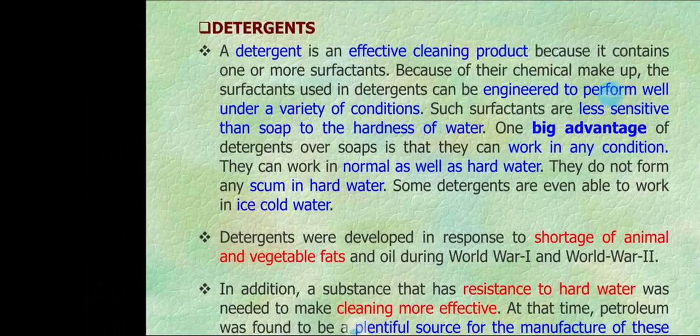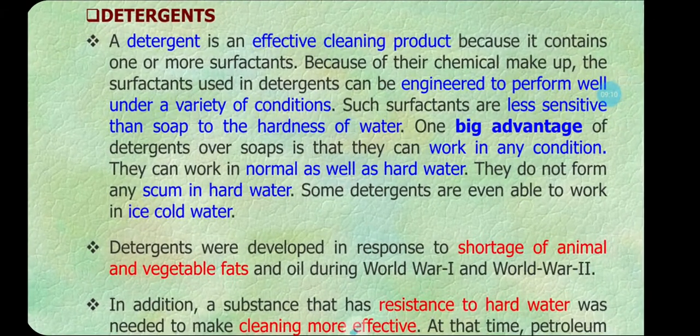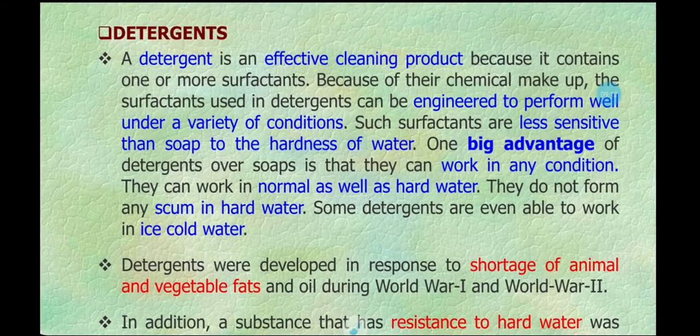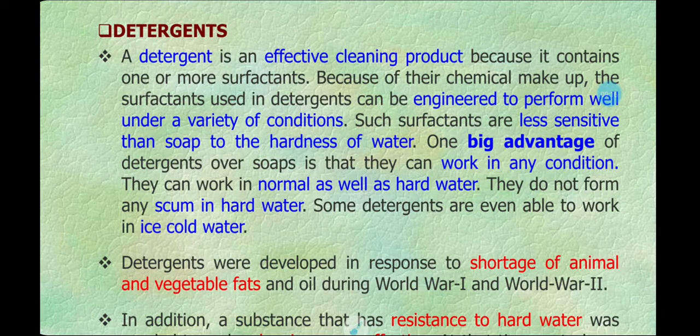So the next point will be the detergent. The best substitute for soap is the detergent, because soap molecules fail in their performance in hard water. They form a precipitate and do not show cleaning action in hard water. So for that purpose a new molecule, the detergent, works with good cleaning action in hard water as well as soft water. So soap molecules have some limitations in hard water.